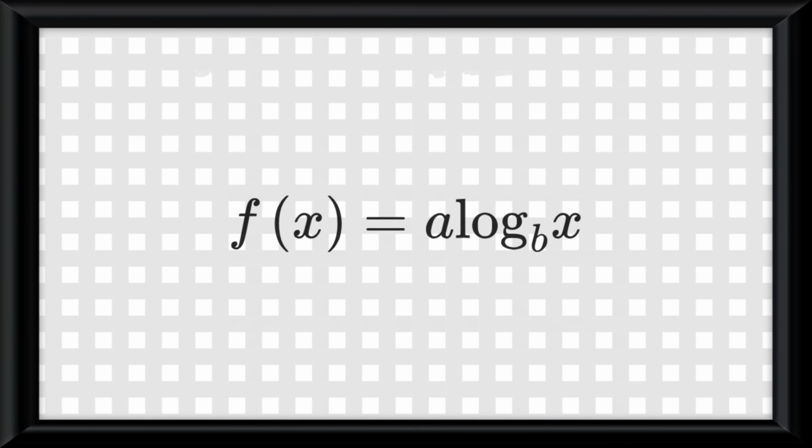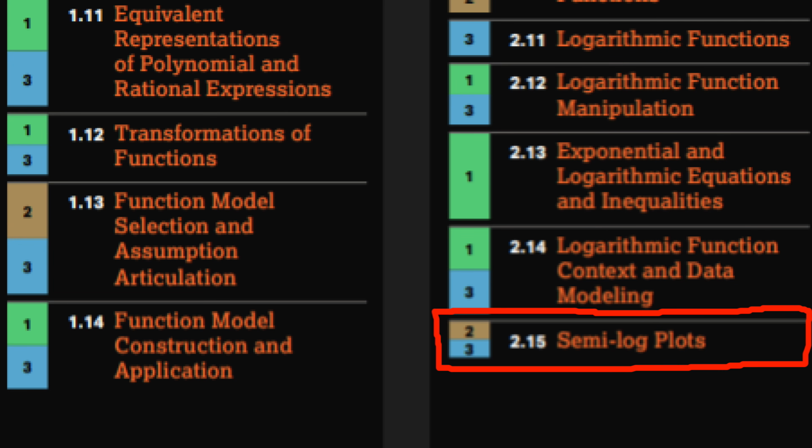And also, I feel like since I've been talking about logs, I haven't said this enough. So remember, the skeleton equation for a log function is f of x equals a multiplied by log base b of x. Just as how you need to remember the skeleton equation for an exponential function being f of x equals ab to the x. And that's, oh my goodness, we are at the end of Unit 2,